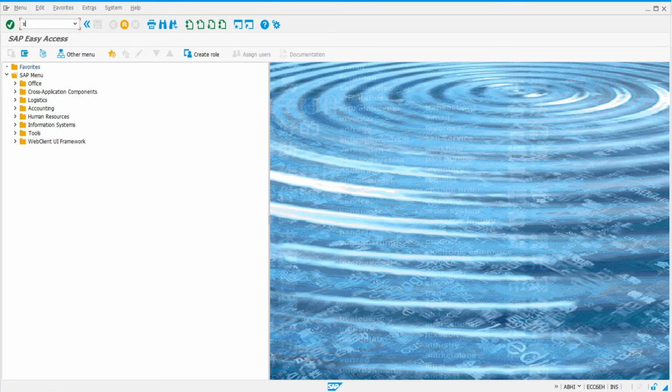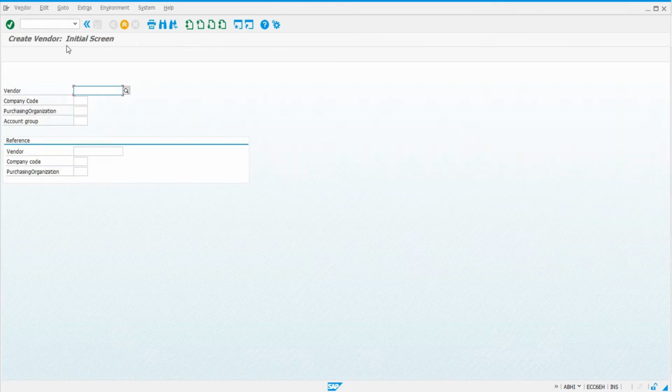We will also extend the vendor code, that is XK01. What you have to do, you have to type the reference vendor code, that is 106 vendor code, which is already existing for the company IMC, and our purchasing organization, that is PO1. Now what I have to do, I have to copy it to my new company.